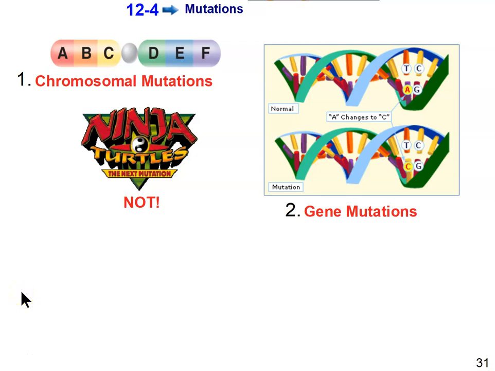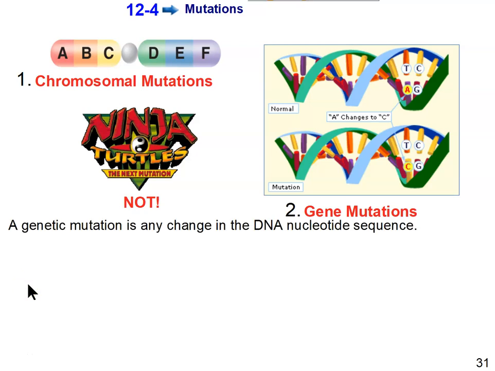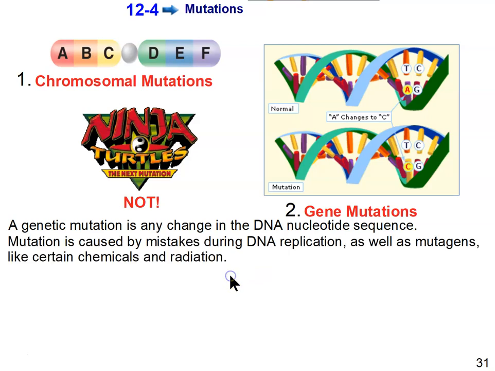All right, this slide range is all about mutation. And there are two different kinds of mutations. But in general, a mutation is any change in the DNA nucleotide sequence. Any change at all. One letter, that's a mutation. One nucleotide is what I should say. It's caused by mistakes during DNA replication, and you know all about DNA replication, as well as mutagens, like certain